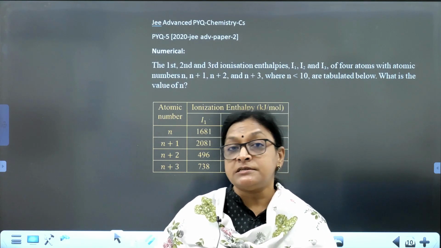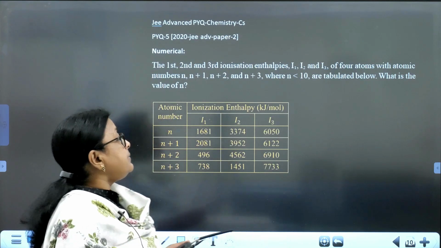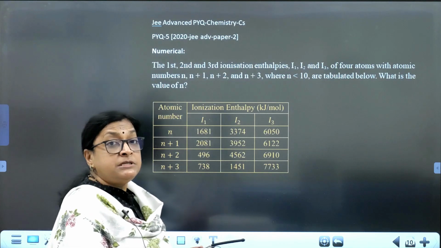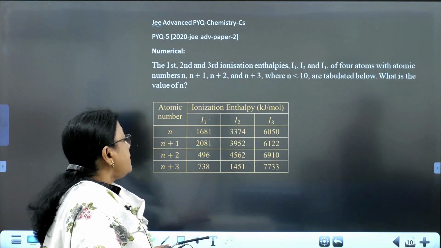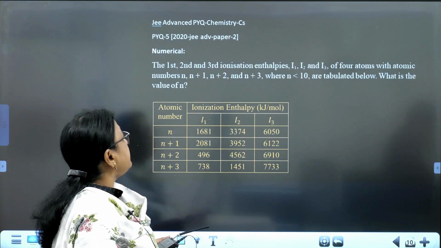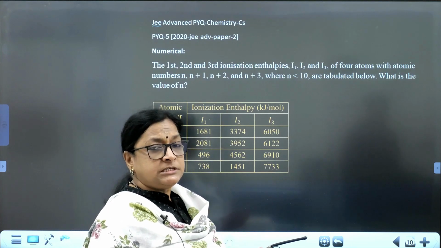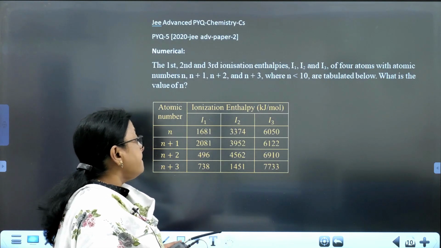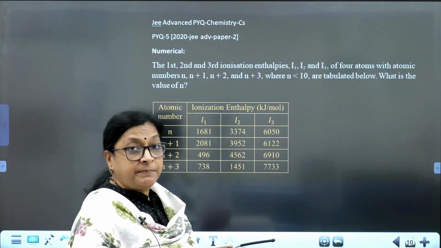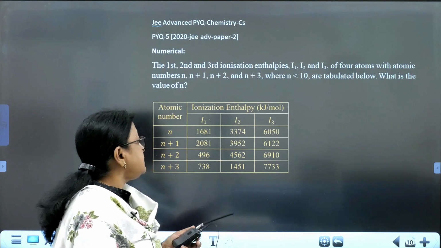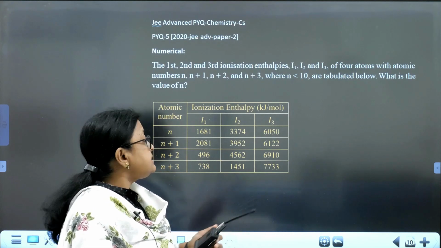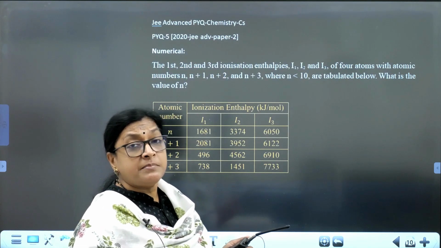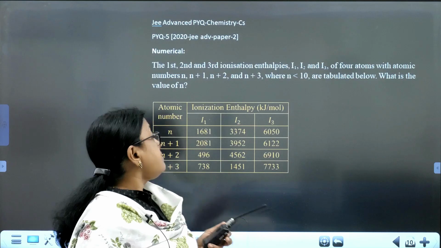And you can just see the table there. Look at the table and just compare the ionization enthalpies. If you go to the element with atomic number n, the first ionization enthalpy itself is considerably big. You can see 1681 kilojoule per mole. And its second ionization enthalpy definitely should be greater than first. It is higher, and third again still higher. It goes that way. Coming to the second element whose atomic number is just one more than the first element,